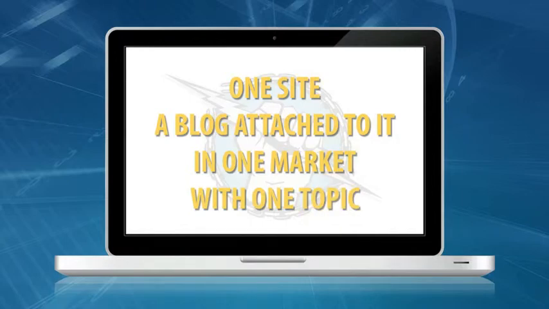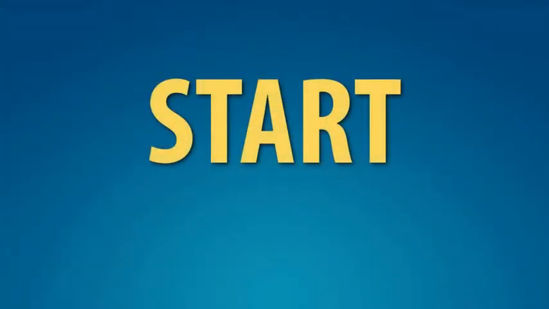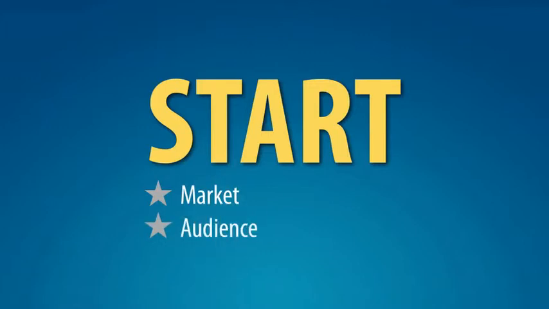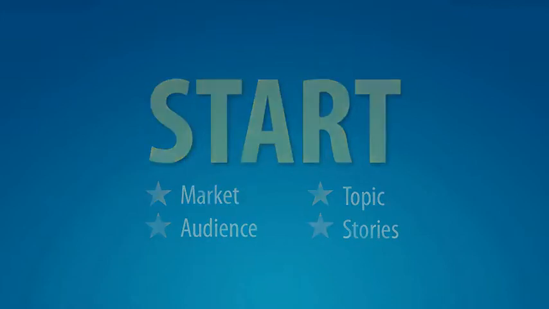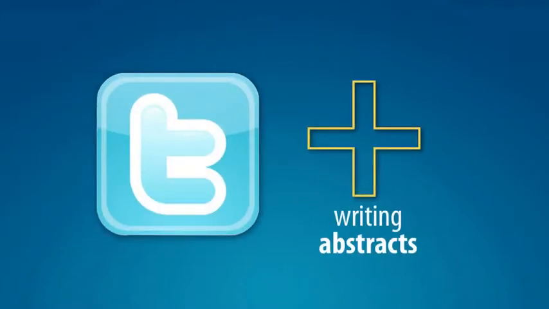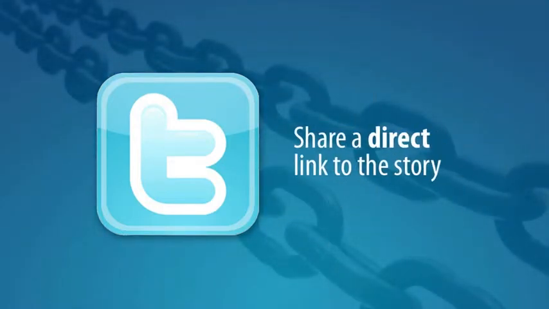Fair enough? Okay. So first things first, start at the start. Okay, I'm out of cliches, but you need to start with what we talked about in the previous video. Think about your market, your audience, or at least a segment of that audience, come up with a topic, and start finding stories that you can share. Then, with the same stories you are sharing on Twitter, start writing abstracts, a brief description of what people will get if they click a link to the story, followed by a link to the story itself. Post these abstracts to your blog. Now, on Twitter, you're still sharing just the links. I mean, a direct link to the story. You're writing abstracts on your blog, but you are not sending people to the abstracts from Twitter.